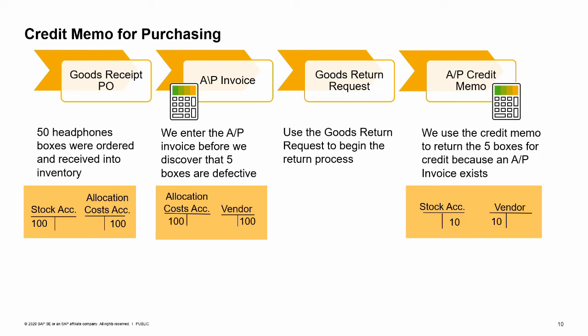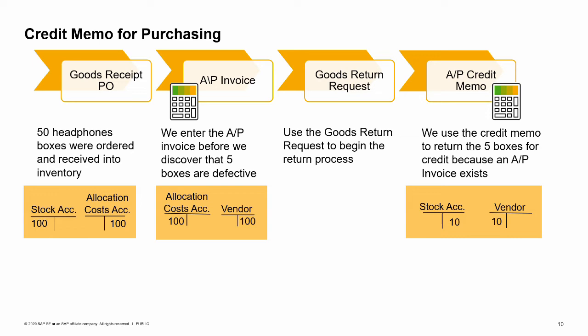The credit memo updates the stock quantities and corrects the values in accounting. Since in this case, we were able to create the credit memo by copying the items from the goods return request to the AP invoice, the system finds the same accounts that were used to post the invoice and posts a negative value to them. However, in some cases, it may not be appropriate to copy items to a credit memo